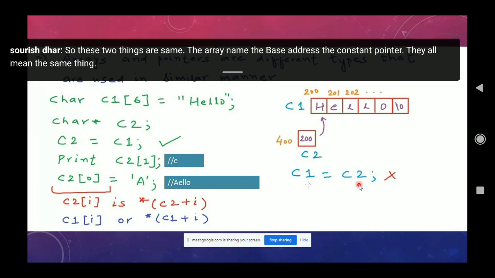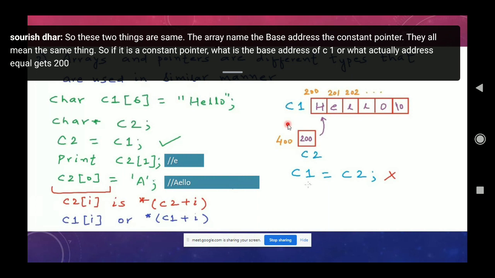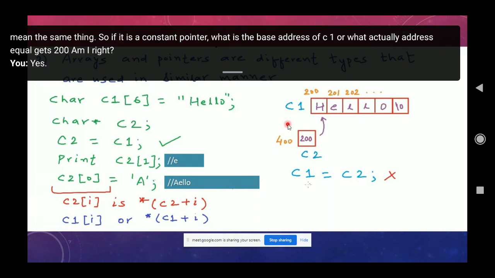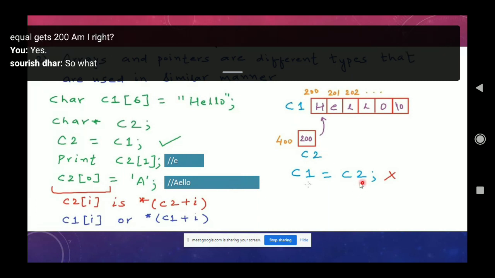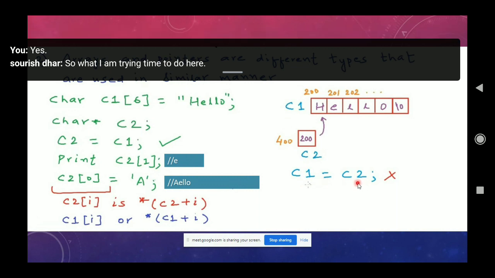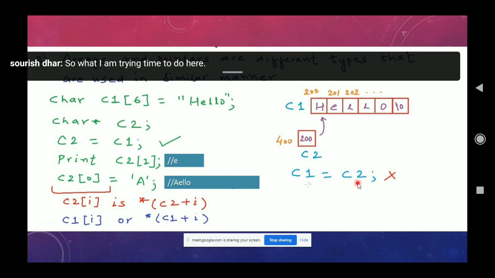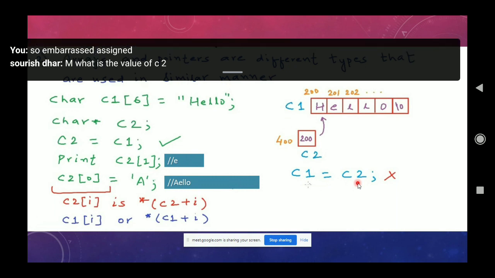So if it is a constant pointer, what address will C1 give? 200. Am I right? So what am I trying to do here? 200 is assigned. What is the value of C2?